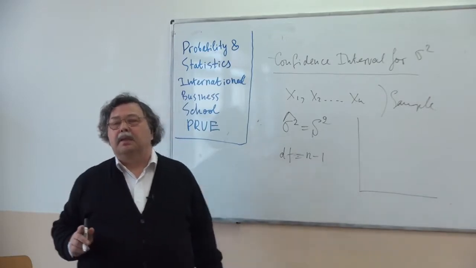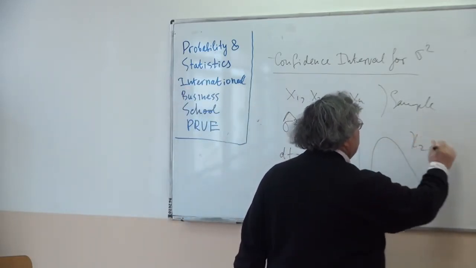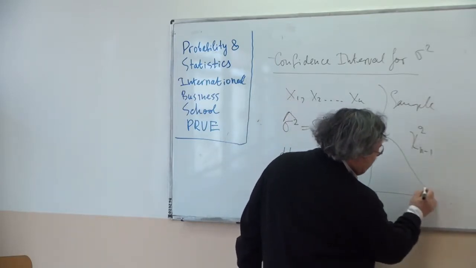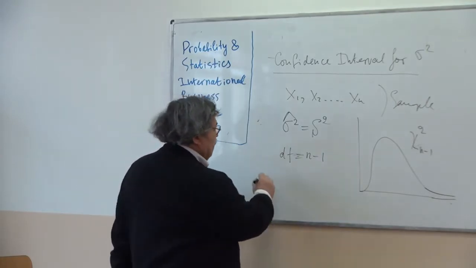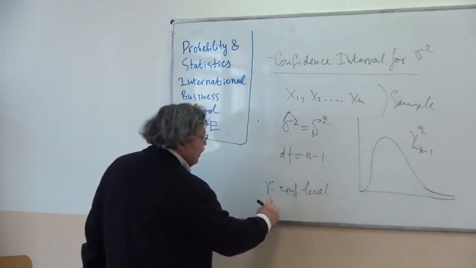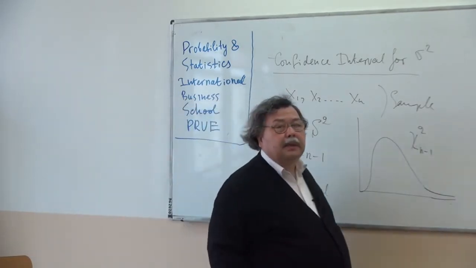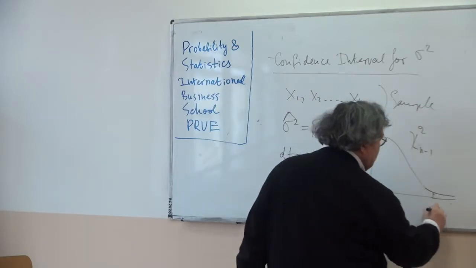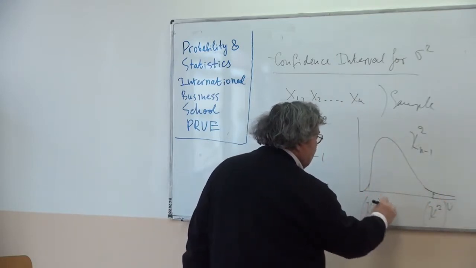Because we know the number of degrees of freedom now, we can draw this curve, chi squared with this n minus 1 degrees of freedom. Let's make this tail more visible like this, because it's important for us here. Okay, and now we postulate a certain confidence level, which typically is 0.95. And then we identify two values of this chi squared, chi squared upper and chi squared lower,